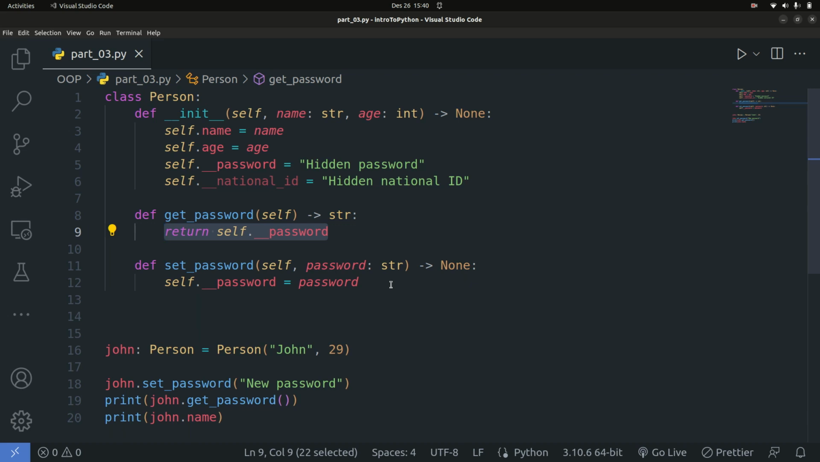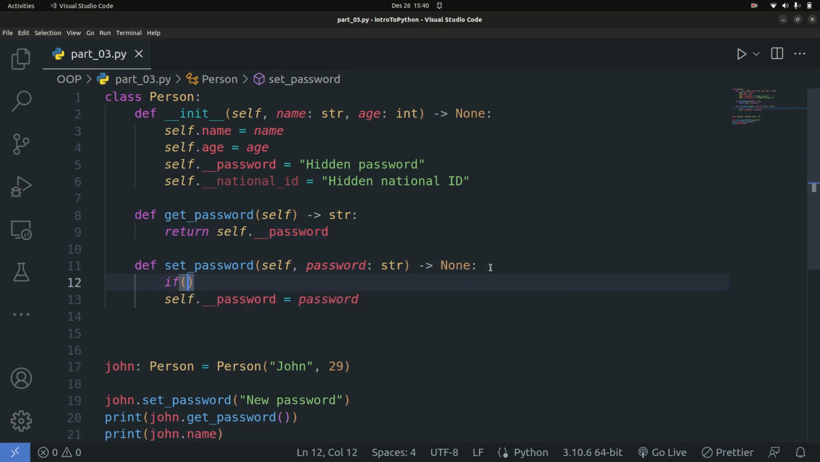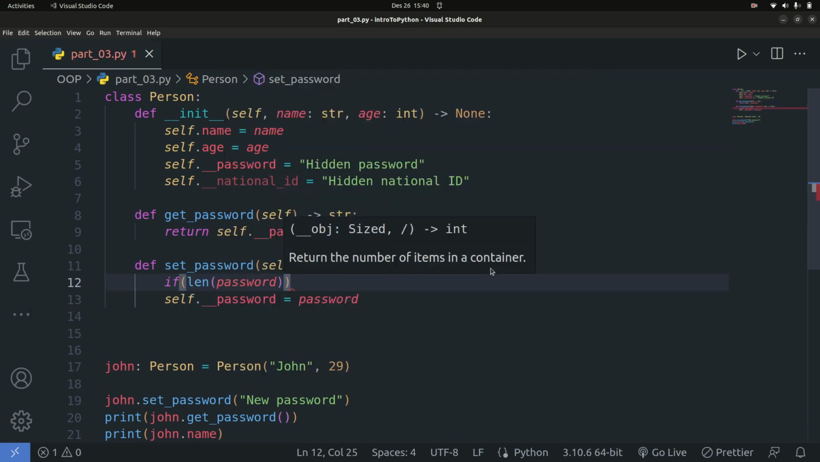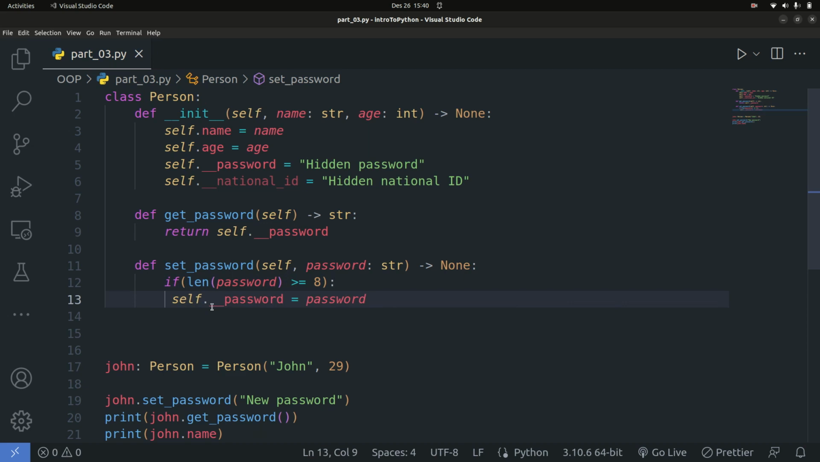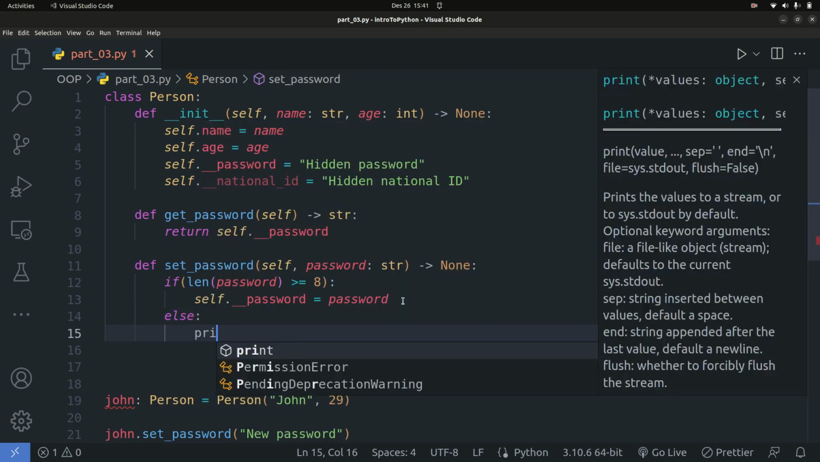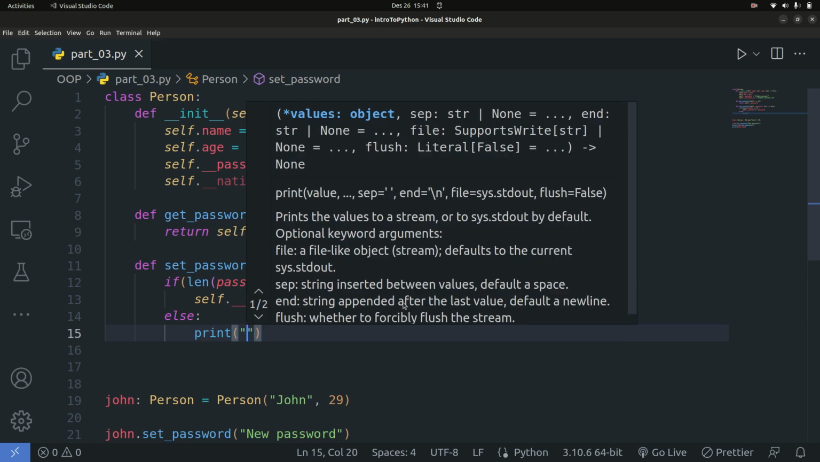So for example, let's have a password. If you're going to a website, there are rules for setting your password. So let's go ahead and set some of those rules. We check the length of the password, if you want the password length to be greater than or equal to 8. So if the password length is greater than or equal to 8, then you're going to set the new password to be the password that the user passed in. Else, we're just going to simply print, let's say,